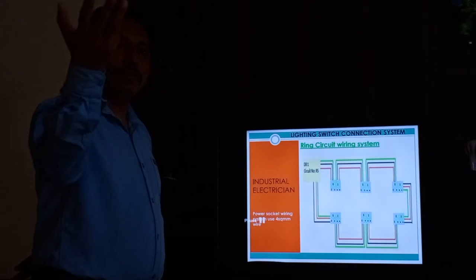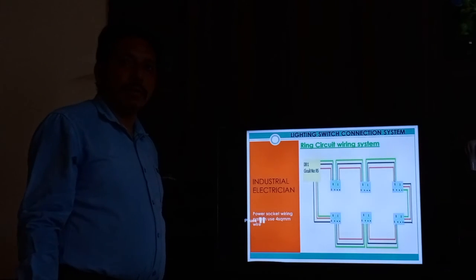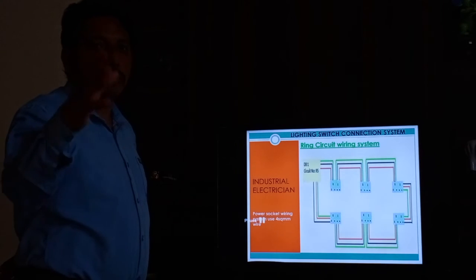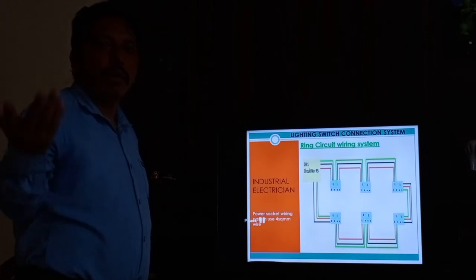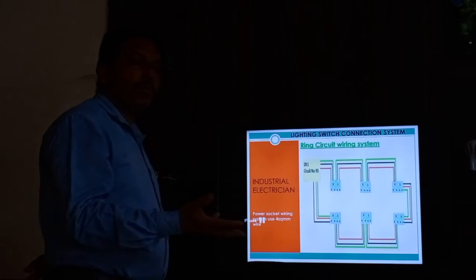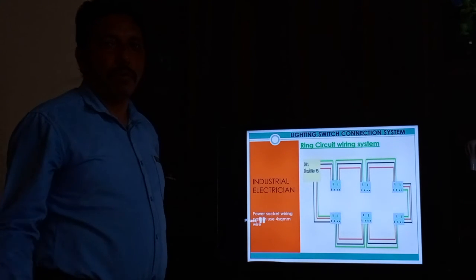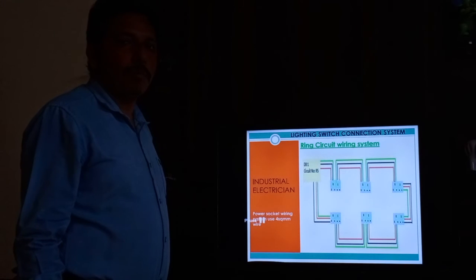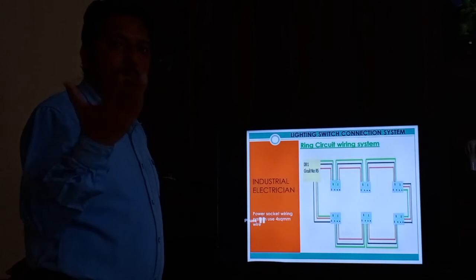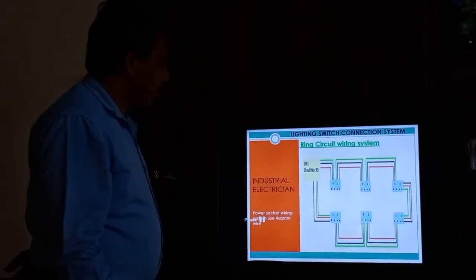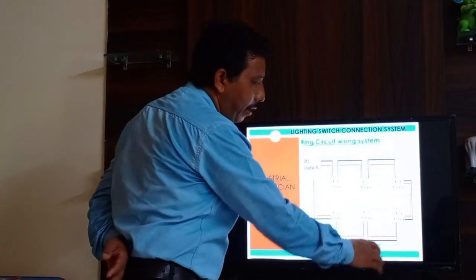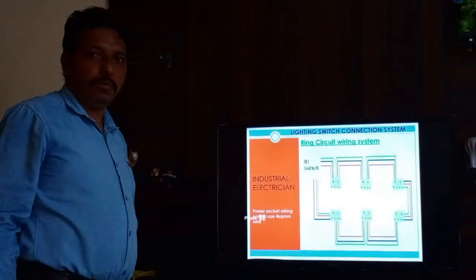So we can use normal three wires only, going directly up to the device or equipment. It is not an objection to other equipment or devices, so there is no need to make a ring circuit. Only three wire is used. Normal wiring is used for lighting, water heater and window AC. Okay, I hope all of you are clear about the ring circuit.